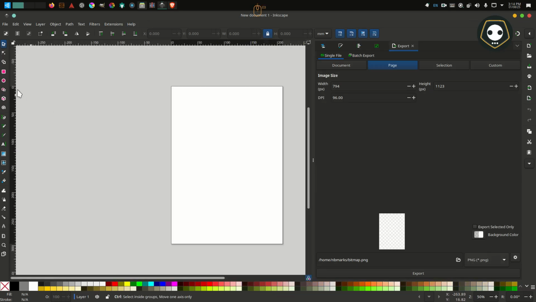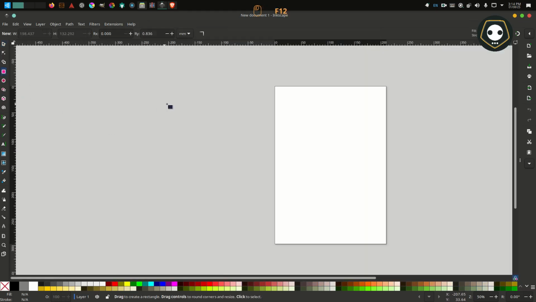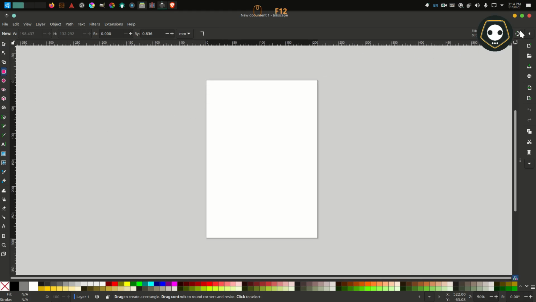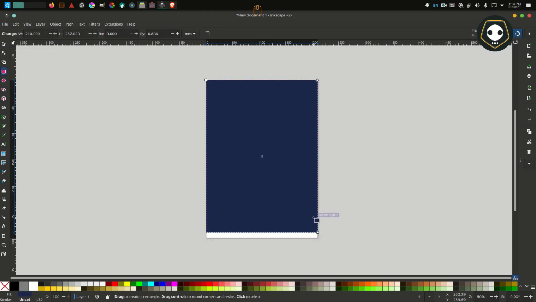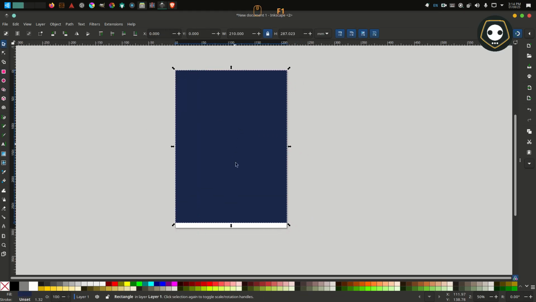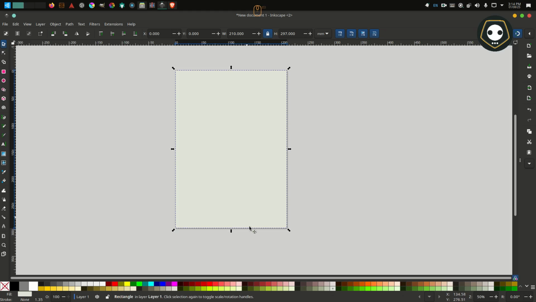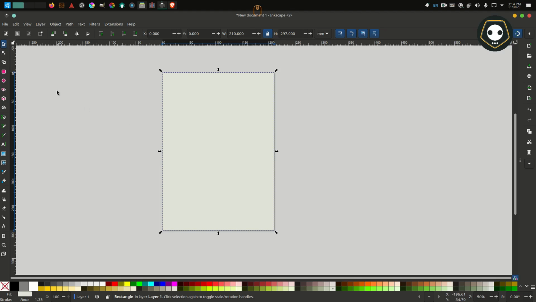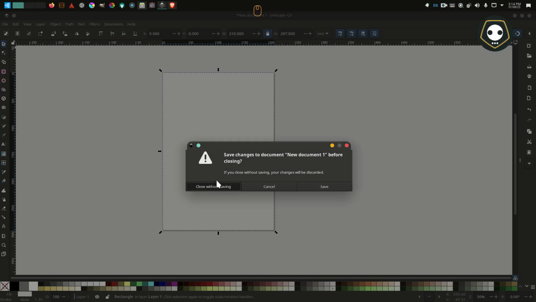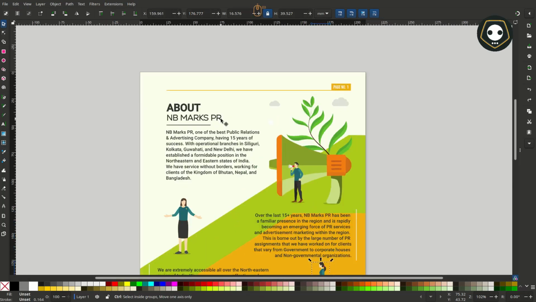This is the A4 size, and you have to choose this rectangular type and activate this magnetic tool. You choose this one, which is a very light, natural color, and close without saving. So go back to my main folder.